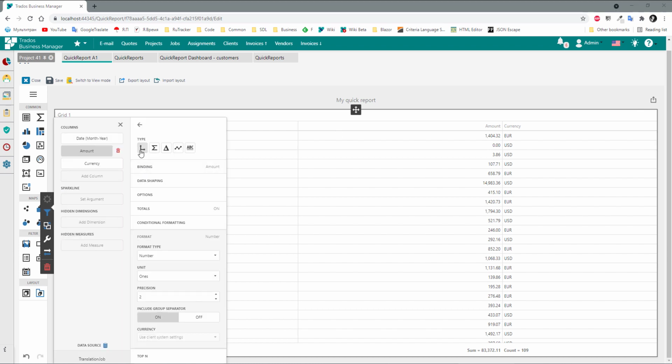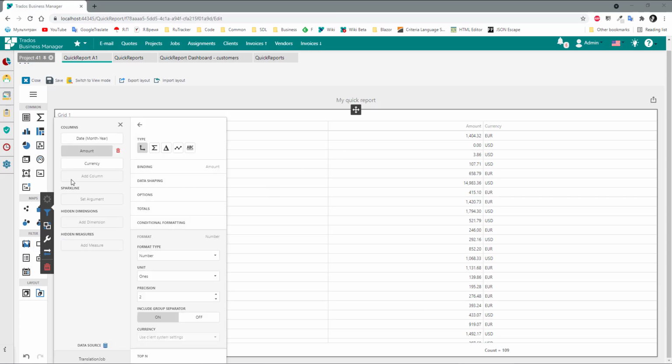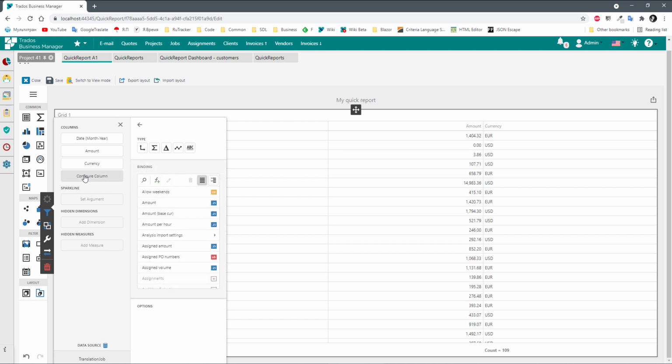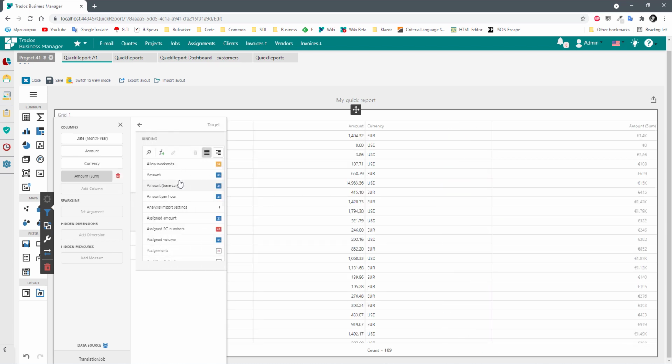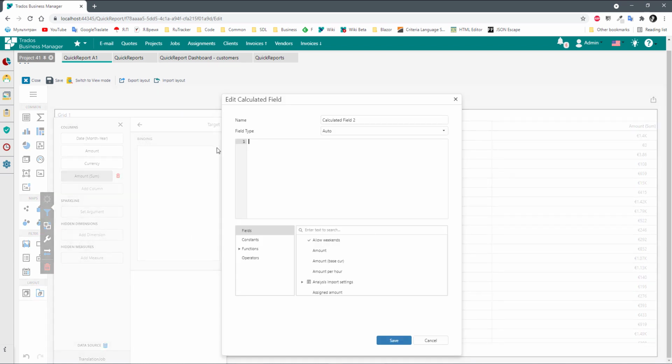Now probably let's return to type of column. Until now we mentioned dimensions and measures, and still we have a few more types here. One is delta, another one is sparkline. So let's try to add a delta column. I create a new column and select type as delta, and in the delta I have to select actual and target values. Say actual, it will be amount, and target value, let's say it will be some calculated field which will return us, say,